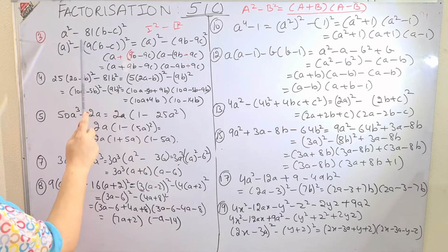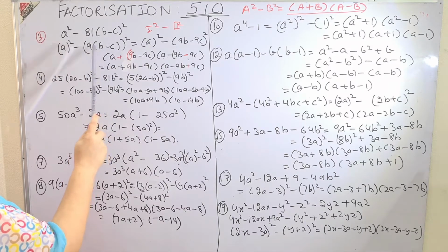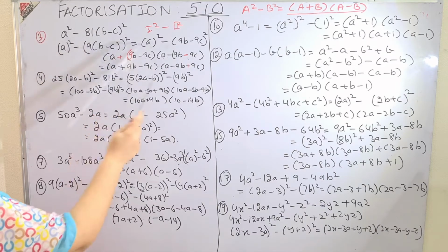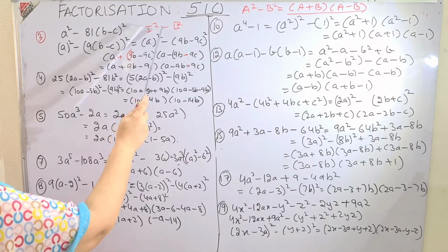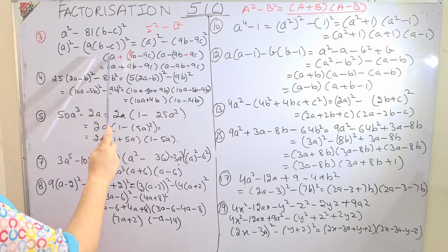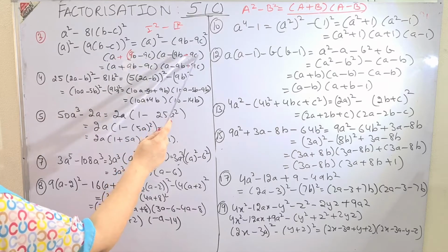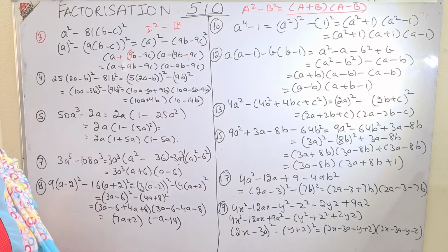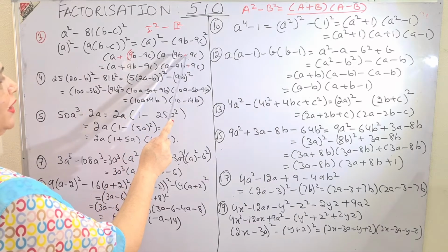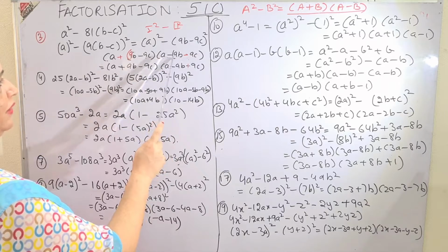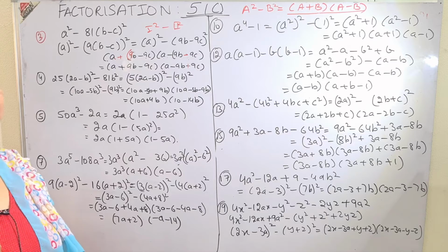You know 81 can be written as 9 squared. So I have written 9. See the brackets I have put, 9 bracket inside, b minus c whole square. I'll multiply: 9b minus 9c whole square. Then the formula is first term plus second term, first term minus second term. So a plus 9b minus 9c, a minus 9b minus 9c. The benefit of putting the bracket is that if minus is outside the bracket, the sign inside changes. Most of you will forget if you write directly. That is why make it a habit of writing the second term always in the bracket.